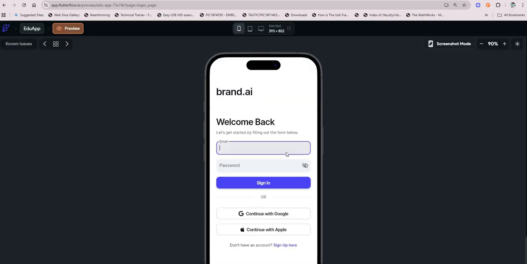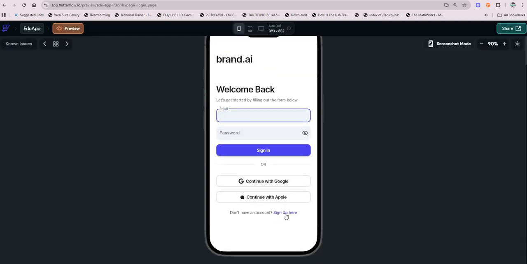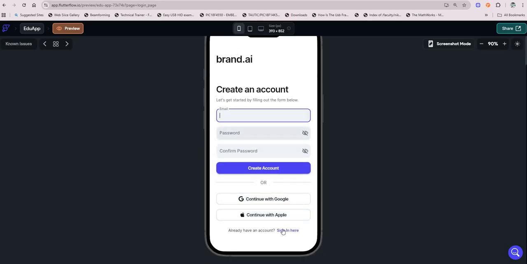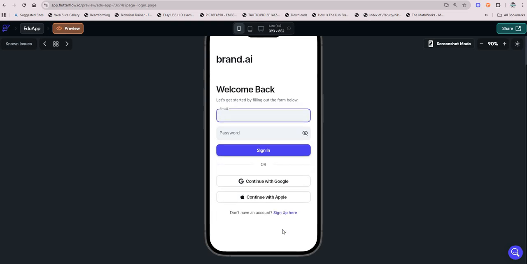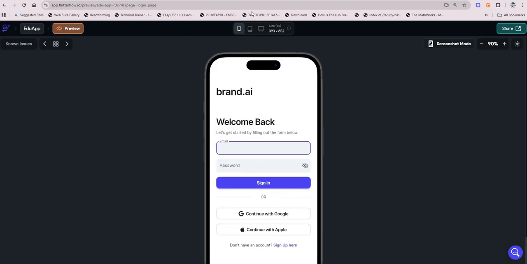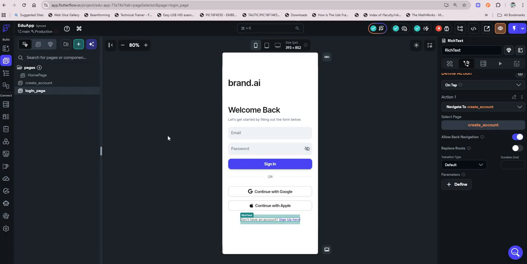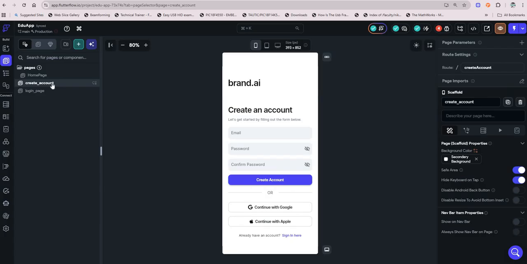On this preview tab, we can try by clicking here, sign up here, it goes here. If you click here, it goes to welcome back. So the function is working. Is that okay? So let's close this preview tab. Now let's go to the create account. So under the create account, so when we click on create account button,